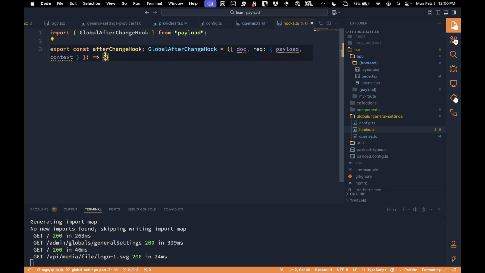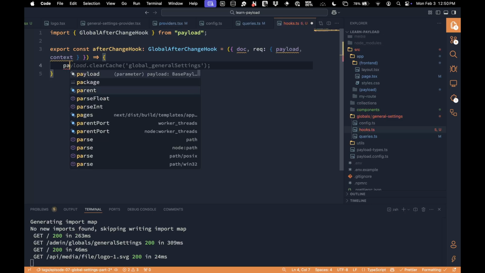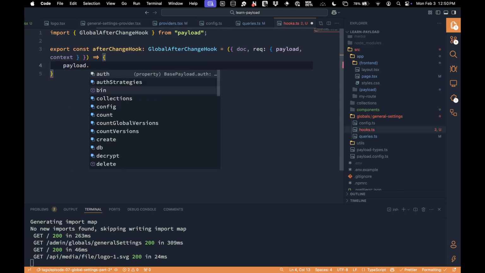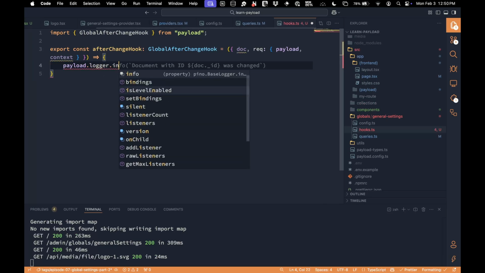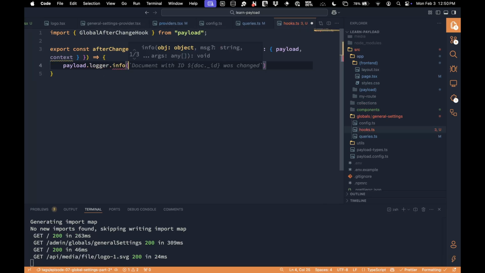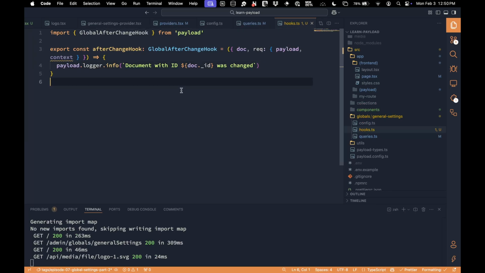And for now, I'm just going to log something out using their logger. So Payload has a logger. And you can just say info. Okay, so now we have this hook,